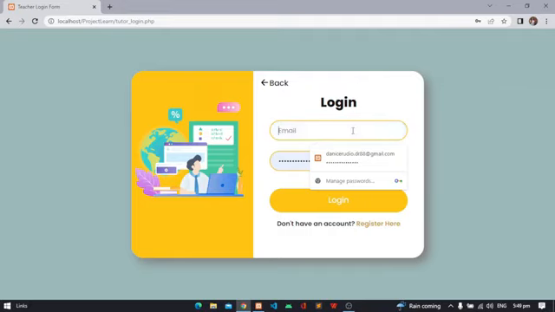So now that we already have an account, we can now log in as we've already registered and have information in our database.